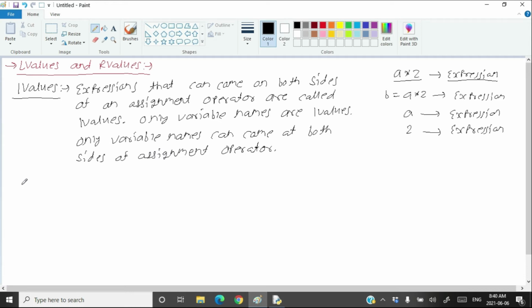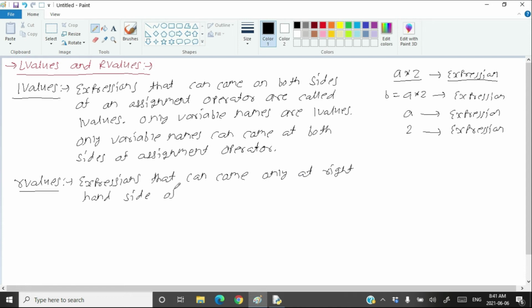After L values, you have something called R values. Expressions that can come only at the right hand side of an assignment operator are called R values.